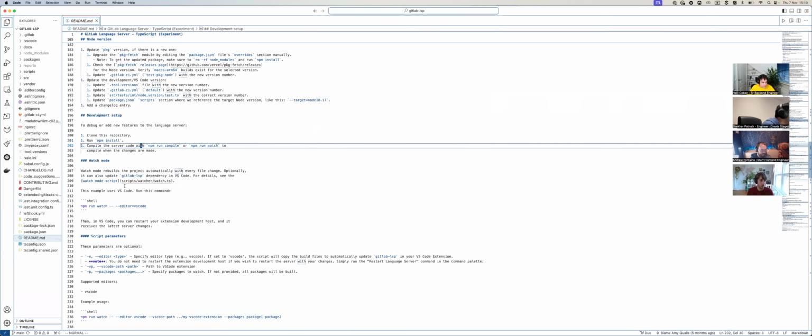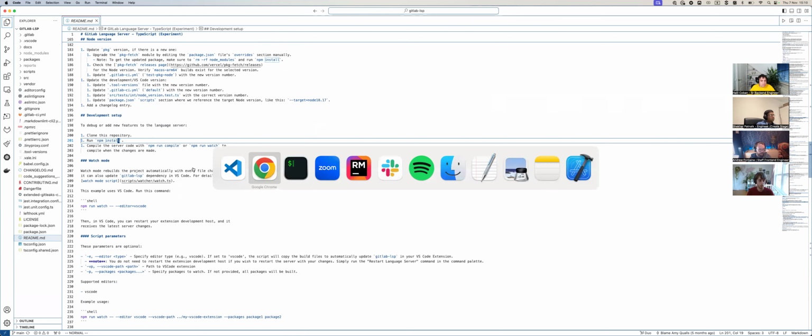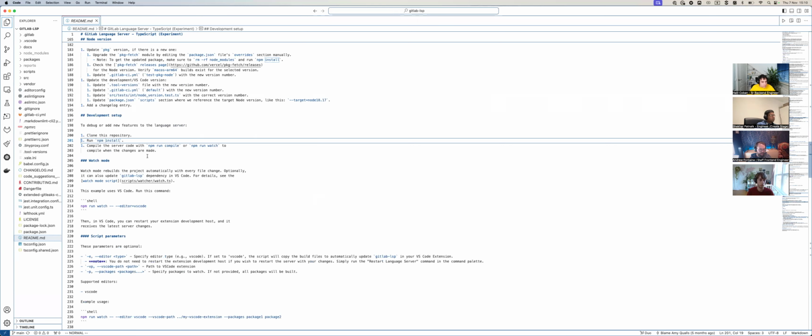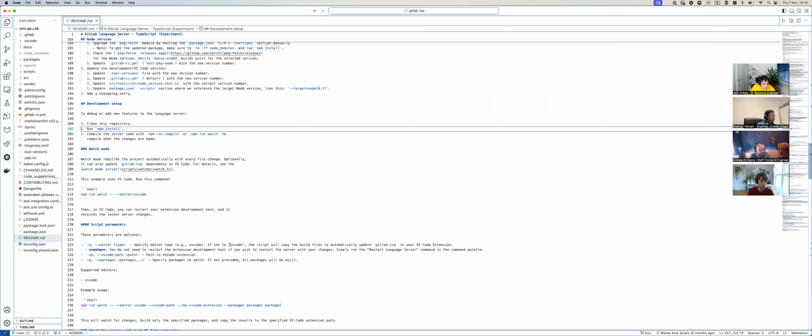By default, it assumes that the LSP folder and the extension folder are siblings. But it looked like they weren't on your machine. No, which is okay. You just need to add the script parameters down below a little bit. You need to make sure you set the editor to VS Code, and then you set VS Code path to your path to the extension. And then for packages, we want to include